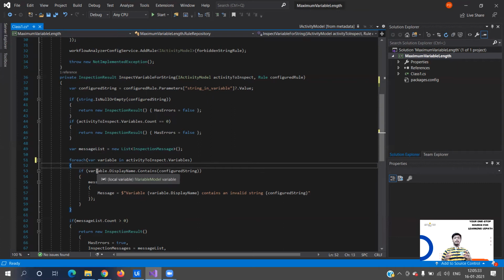So I hope till now everything is clear and there is not much confusion. What we have done, first we wrote the complete UI of our rule along with giving the parameters and everything. Then we are defining the UI of our result and the main logic behind it.